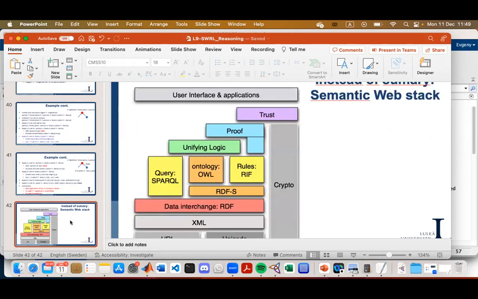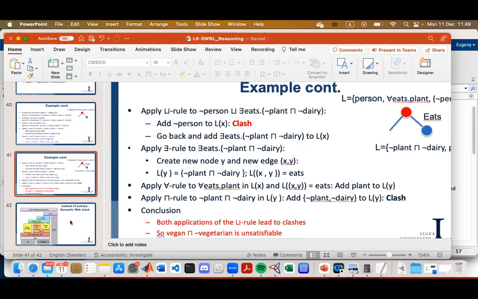Yes, and that is what I wanted to show you today. So we talked about OWL, but from a logical perspective. And again, it's not just a language that is specific for annotating web resources, but rather it implements a particular class of logic which has practical importance in different domains.